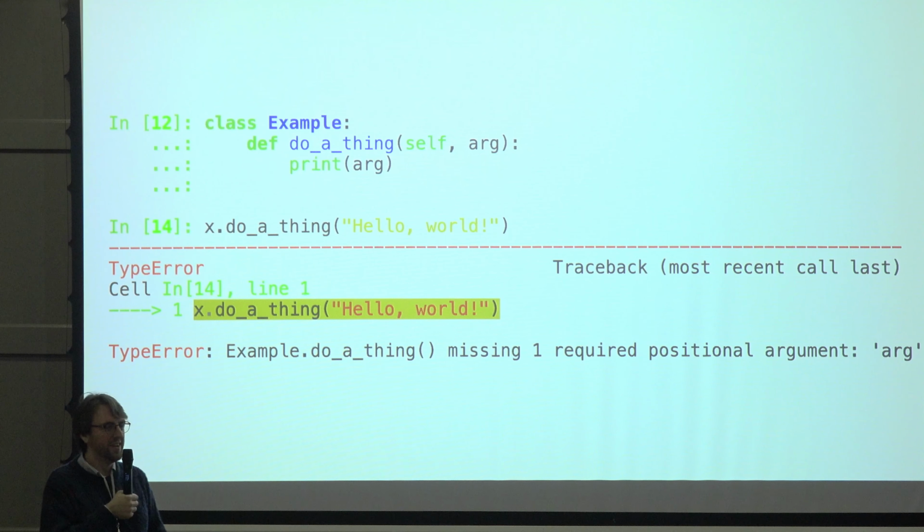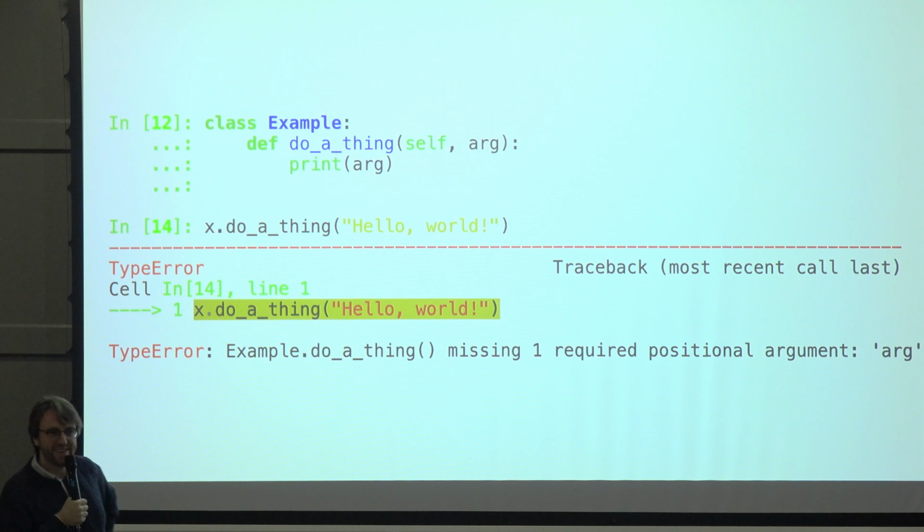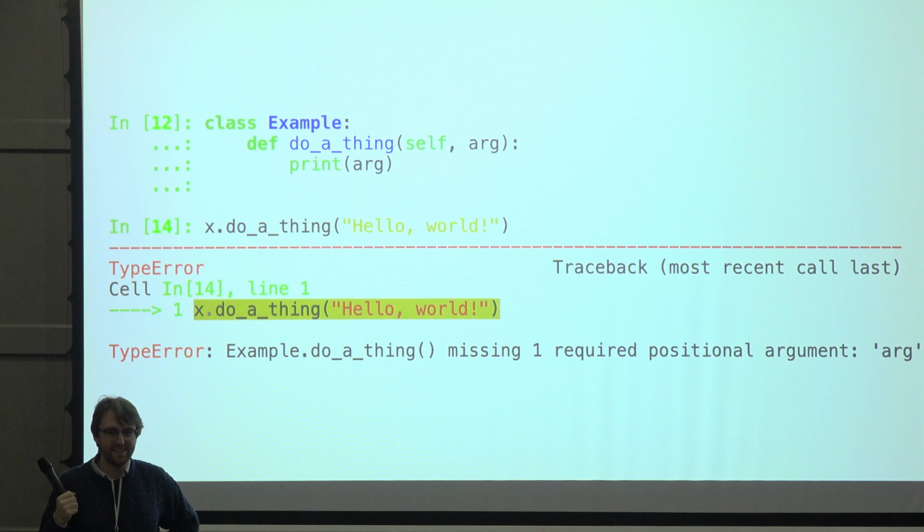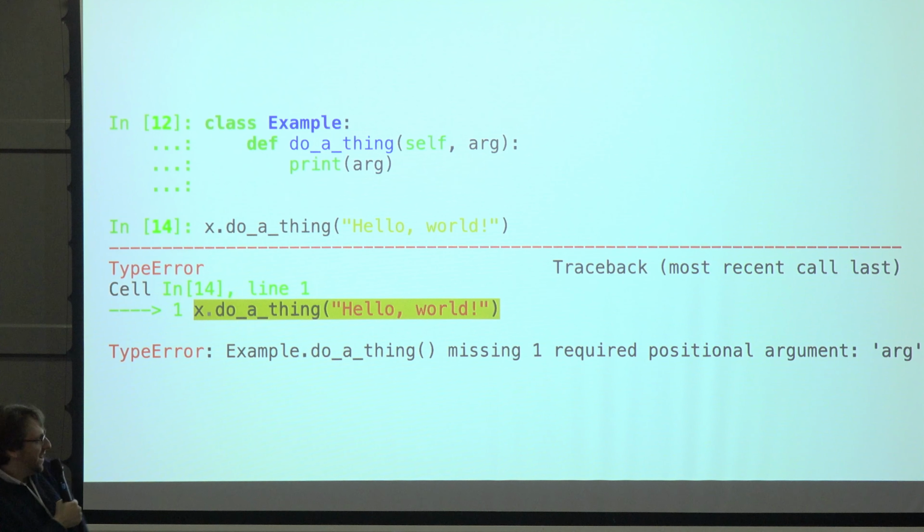Sorry? Yes. Why is self missing? Yep, correct. So x here is pointing at the class Example, not an instance of it. It's pointing at the class itself. Is that obvious from this message? Well, if you've done Python for a very long time, yeah, probably. But if you're coming to it fresh, this is really not obvious at all.